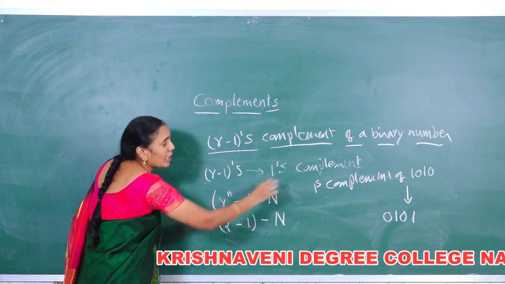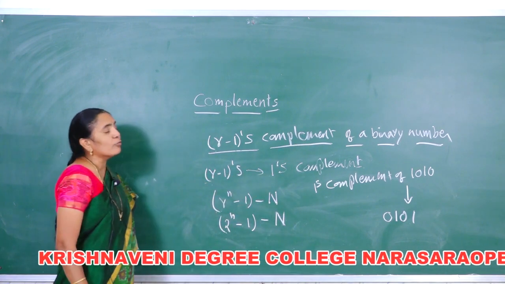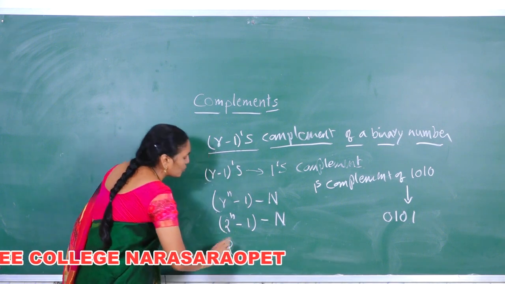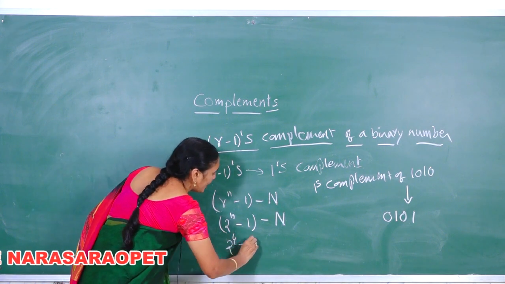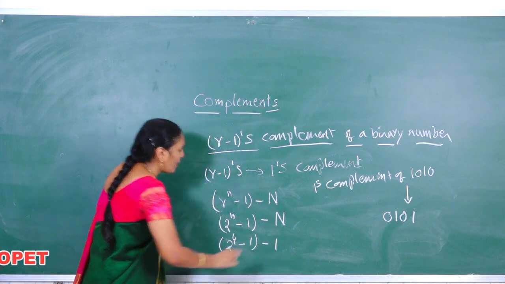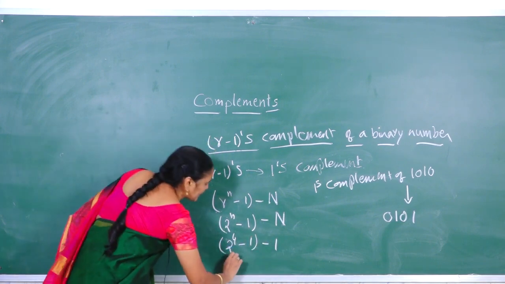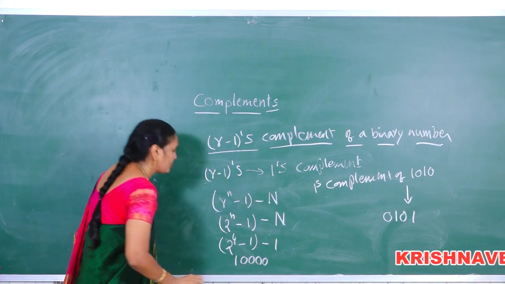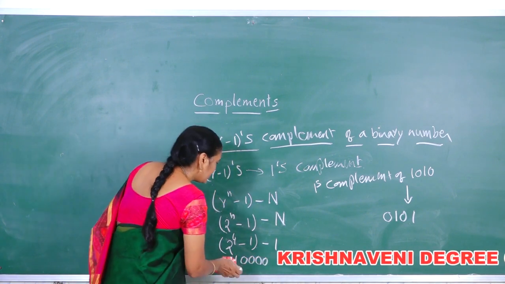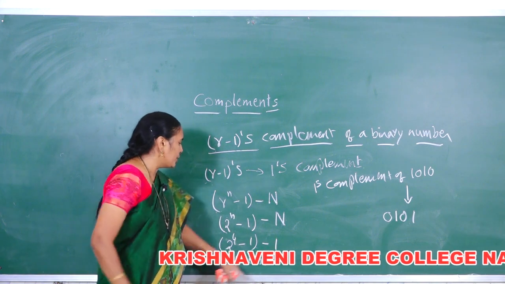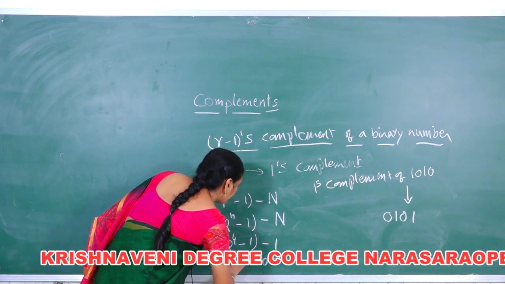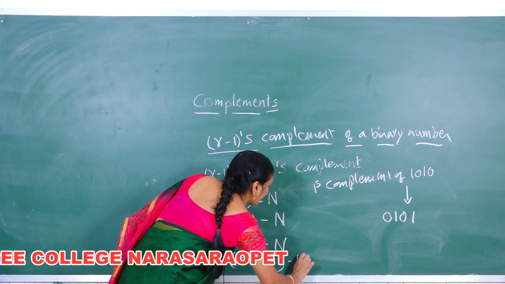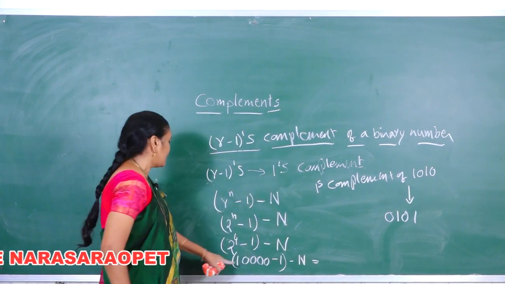For example, we are taking 1010, which consists of 4 digits, that is 2 to the power of 4 minus 1 minus n. 2 to the power of 4 is 16, which is represented as 10000, minus 1, minus n, which can be written as